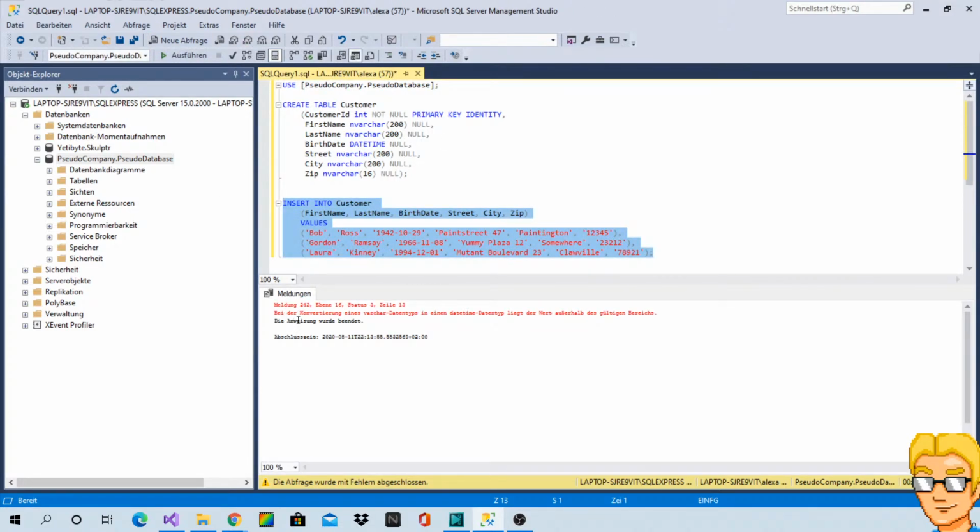Wait, what? Yeah, it's probably expecting German format here for the date time values, or at least it's going to expect me to swap date and month.